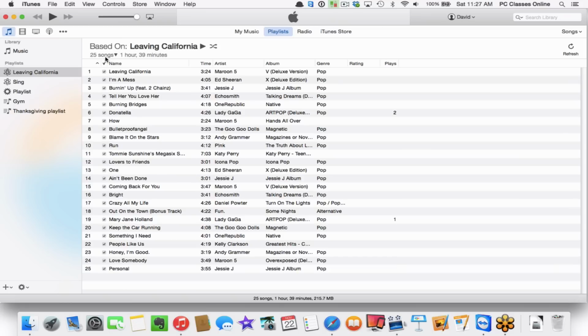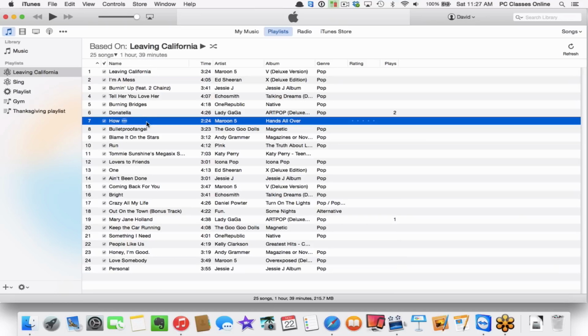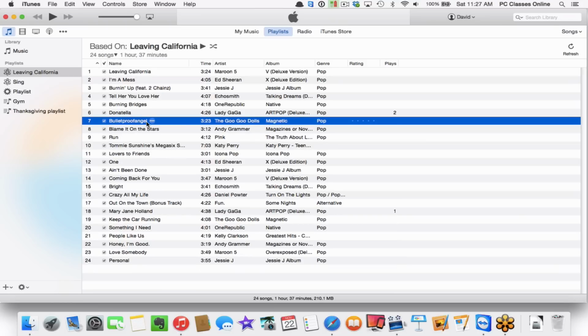However, if you go up here to the very top left, you can change it to 50, 75, or 100 songs as well. And what's great is that if you go through here and you see a song that you don't want, you can always hit the delete key. Keep in mind, this is a playlist, so if you hit delete on a song, you're not deleting the actual song. You're just telling it not to play within this space. All right,